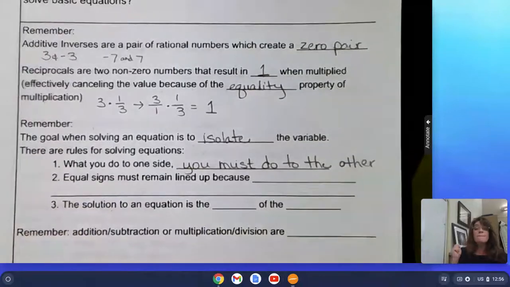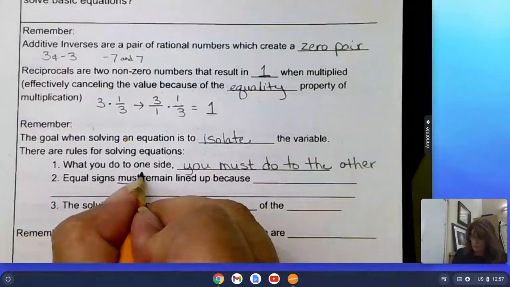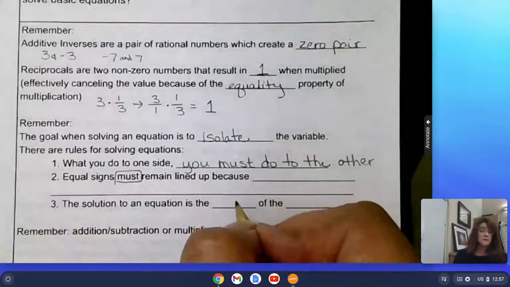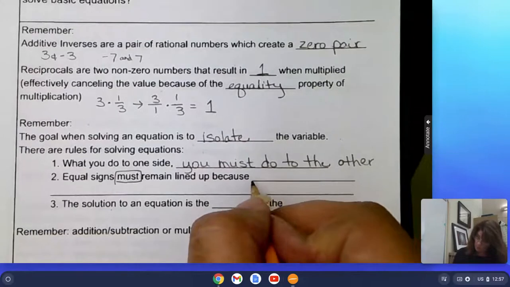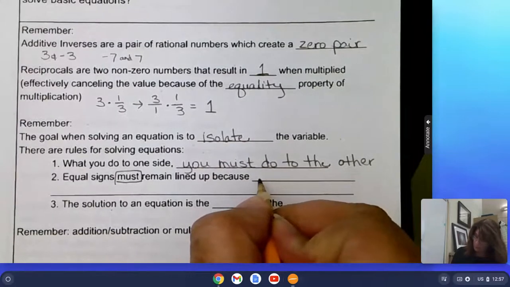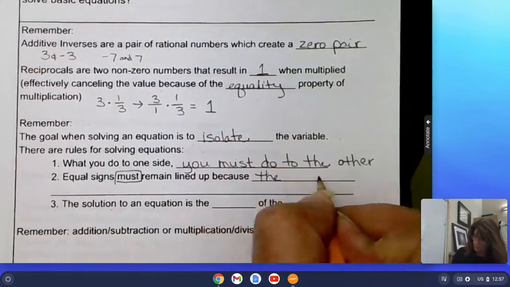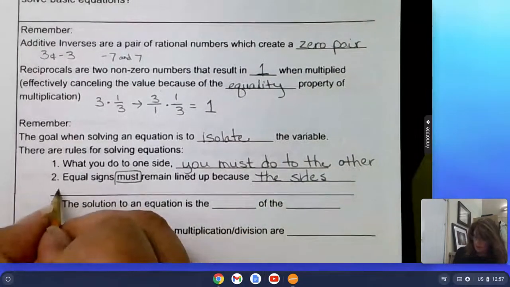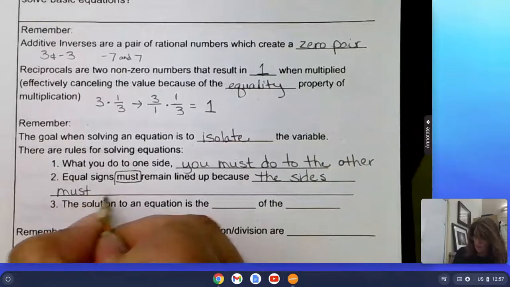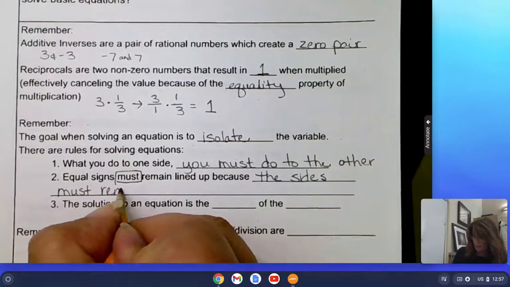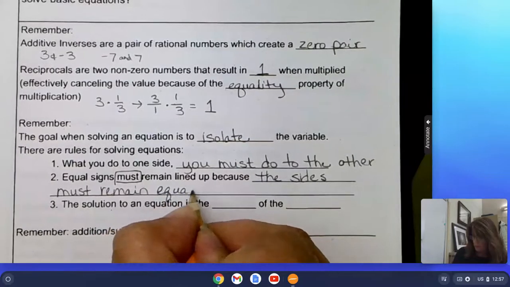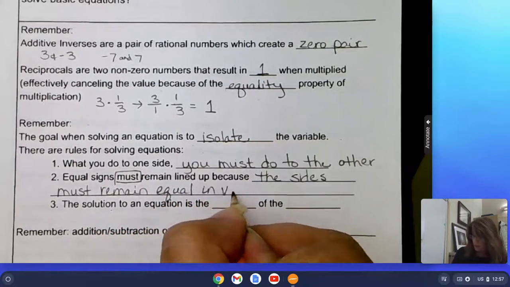Equal signs must remain lined up. Okay, must. Because the sides must remain equal in value